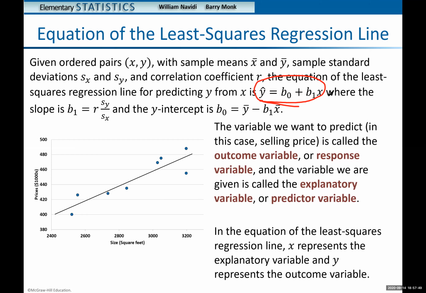You'll see in all statistics books, instead of y is equal to a plus bx, as we saw earlier, this is our formula for the least squares regression line. So y hat is equal to b0 plus b1x. So b0 is the a, b1 is the b. So again, b0 is the a, whereas b1 is the slope, and b0 is the intercept. And these are the formulas,